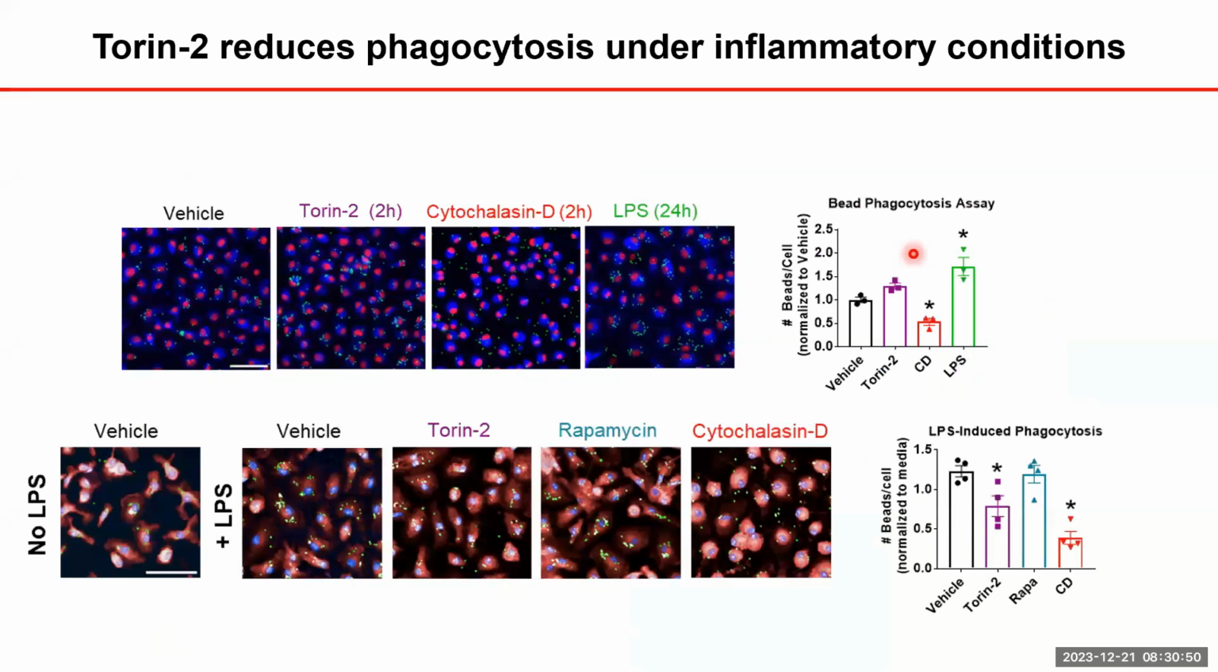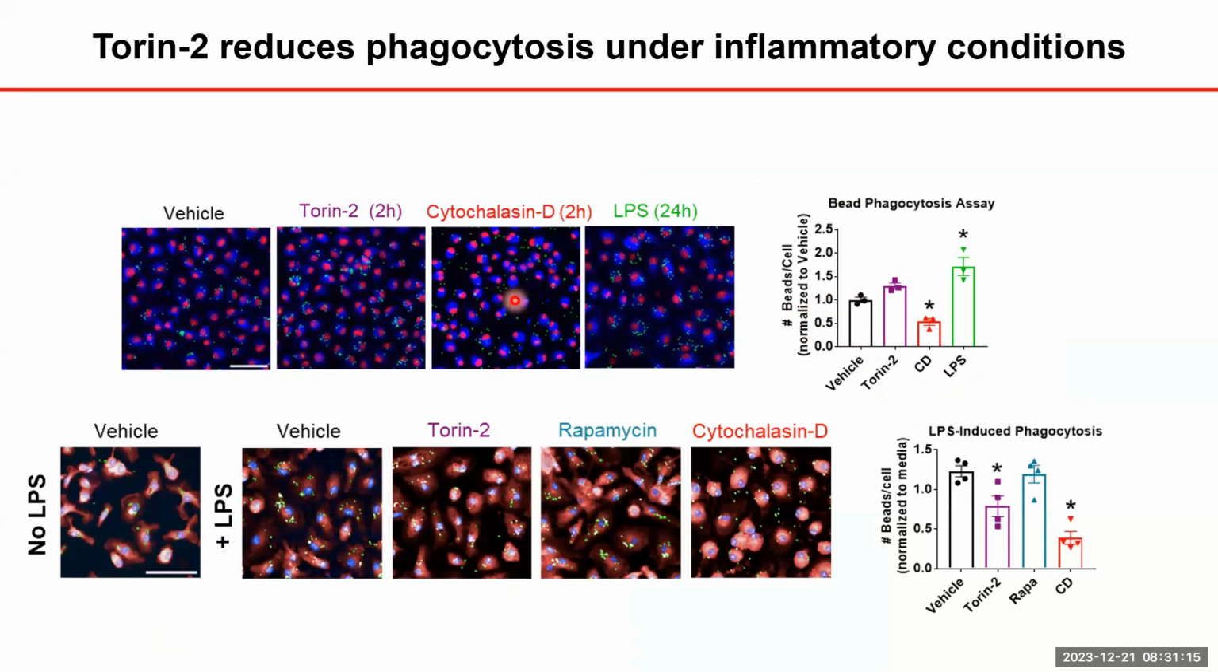And to do that, we did a phagocytosis assay. On top is just regular macrophages that are given these beads that are commonly used in phagocytosis assays. And so normally, if we take regular bone marrow-derived macrophages,